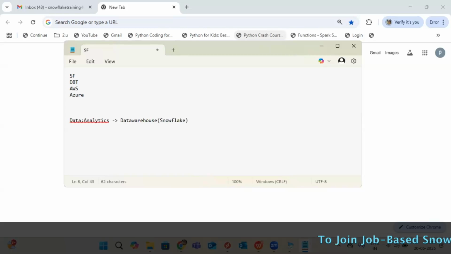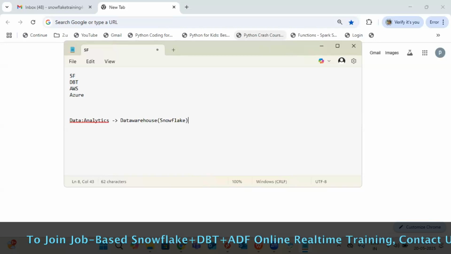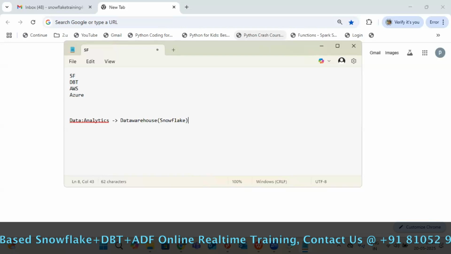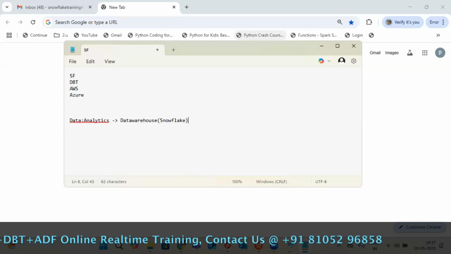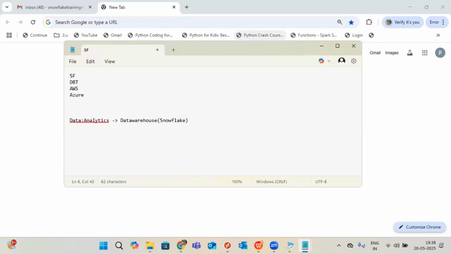So now what is Snowflake? It's a data warehouse concept. Snowflake Cloud Data Warehouse, exactly, this is the full name of the technology. Snowflake is the cloud data warehouse which gives analytics information to us to improve